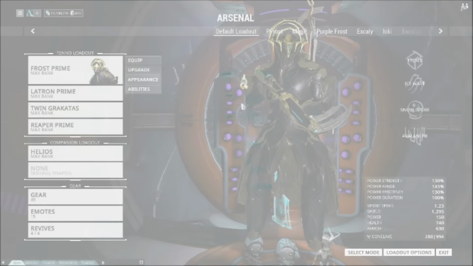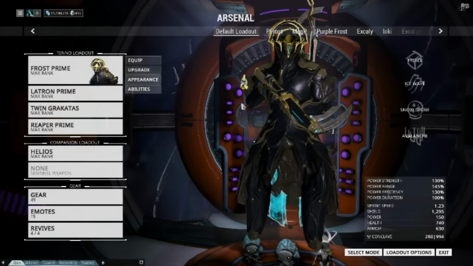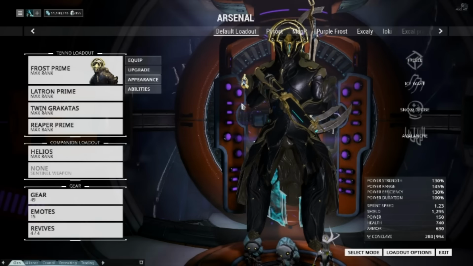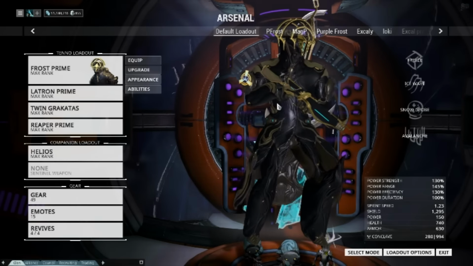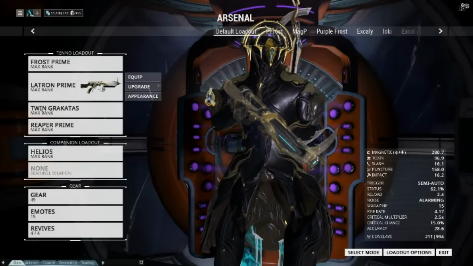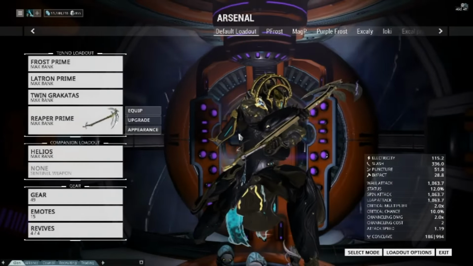Last night, the internet straight up exploded over a picture that appeared of Frost Prime. The link to the Reddit post about this will be in the description below, by the way, but it very quickly came out that this is called Prime Vault Unsealed. What it basically means is that Frost Prime here is coming back. He is going to bring with him his weapons, the Latron Prime and the Reaper Prime, which are two pretty